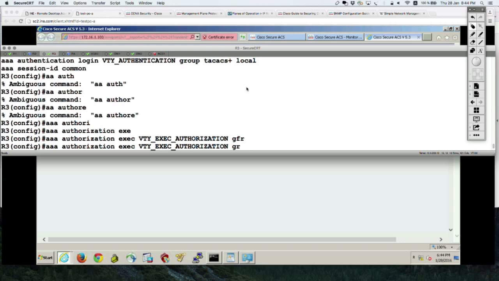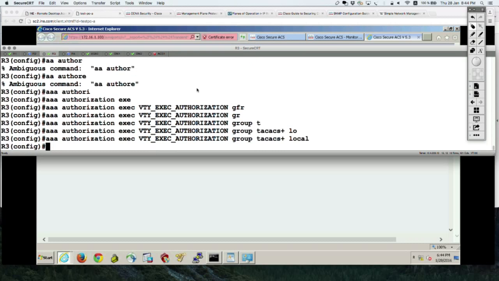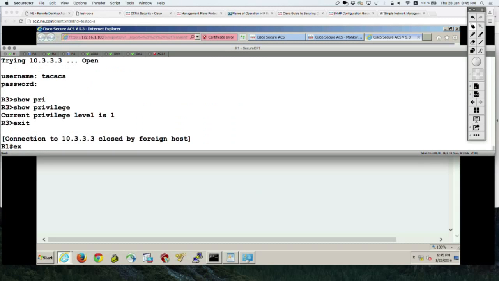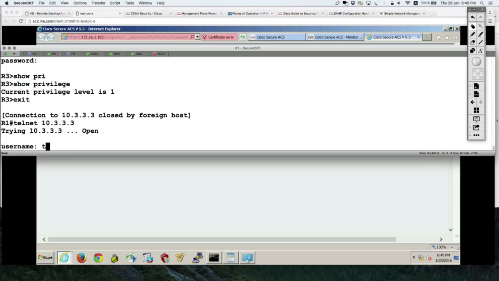So as you can see, on both the authentication list and the authorization list, I'm defining two methods, TACACS plus first and local second. That means for both of them, if I fail to speak with the TACACS server because it's down or has a problem, it has rebooted, then I'm going to fall back to local authentication and authorization. Of course, assuming I have locally configured a username and password, which I have. So at this point, if I telnet again from router 1 to router 3 and use the same TACACS user and password,